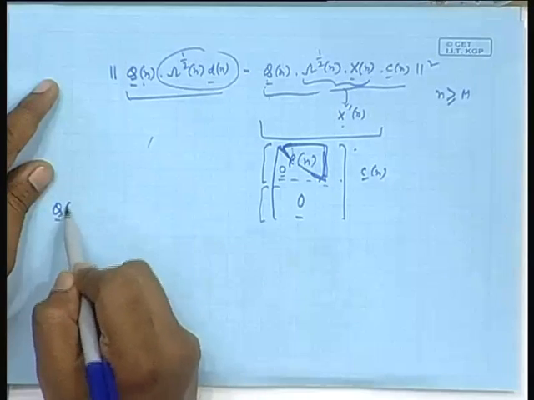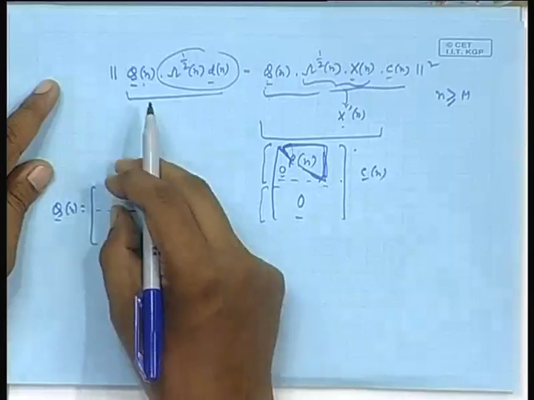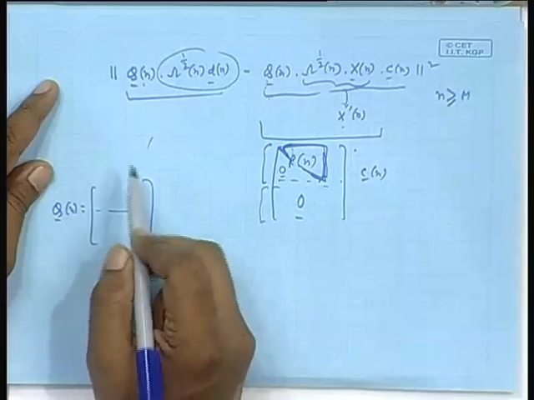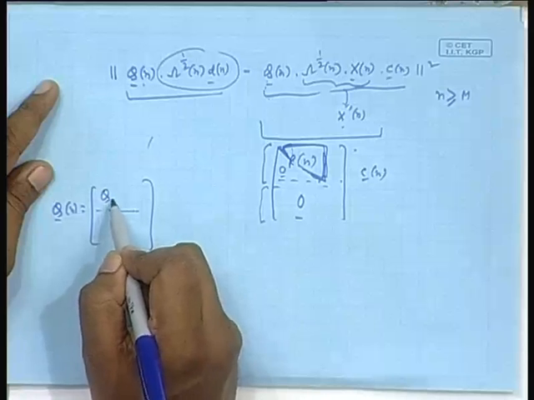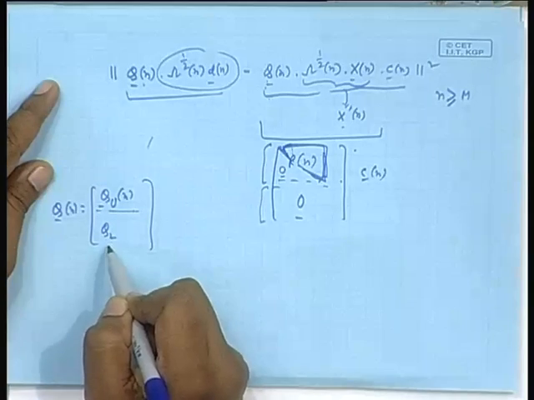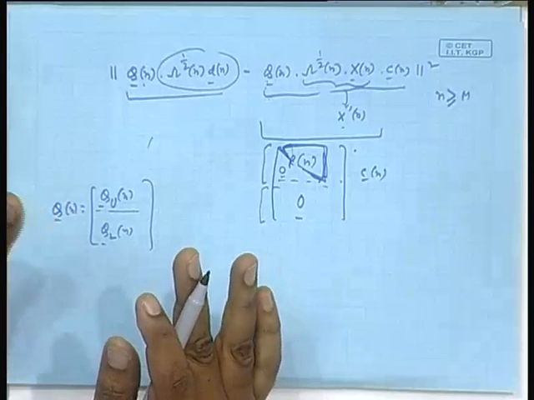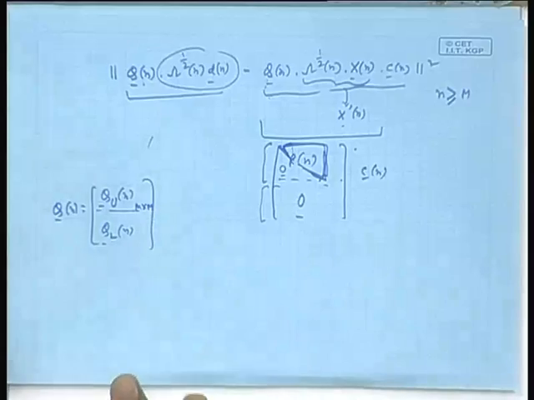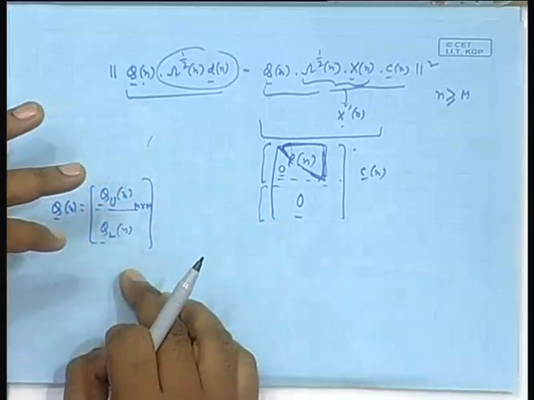suppose you write q n as two parts. This q n matrix, one upper part will work on this vector and give you the upper half, and the lower part working on the same vector will give you the lower half. Okay. Q upper n, q lower n. This is your m cross m, and obviously you know the total length, I am not writing it here.